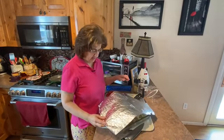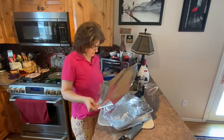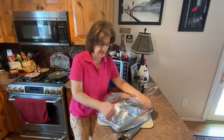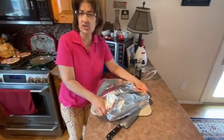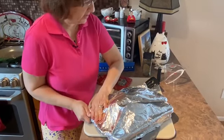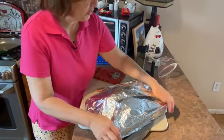There we go. Oops. Now you want to cover this fairly tightly, like that. And I'm going to use another piece here. And like I said, this is going to go in the oven for about 35 or so minutes. And I'm going to use a thermometer on this and get it to about,